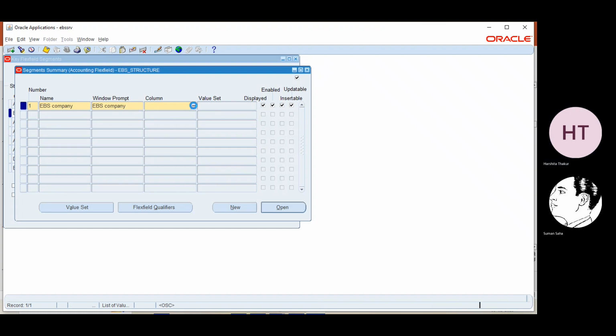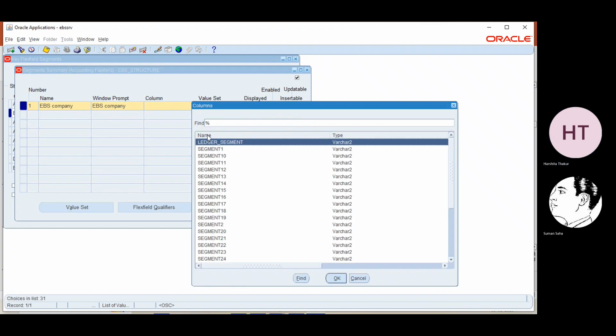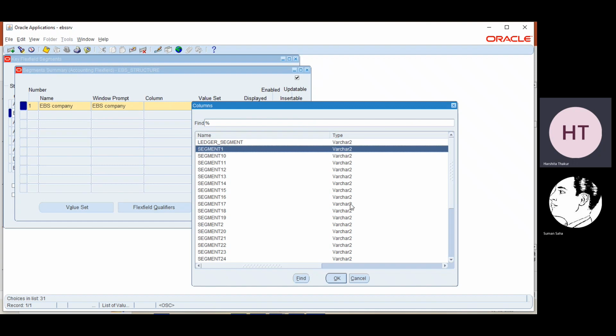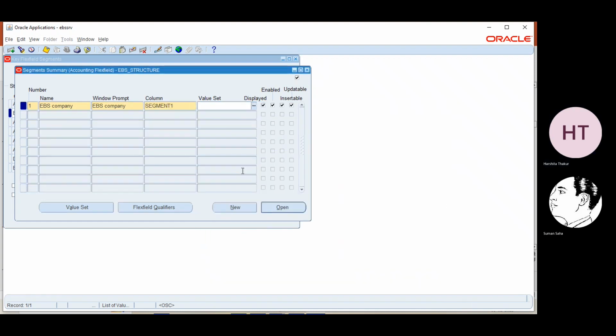Column. I will add segment 1 here to my company. Value sets we will give afterwards. First, we will define all the segments here. Second will be